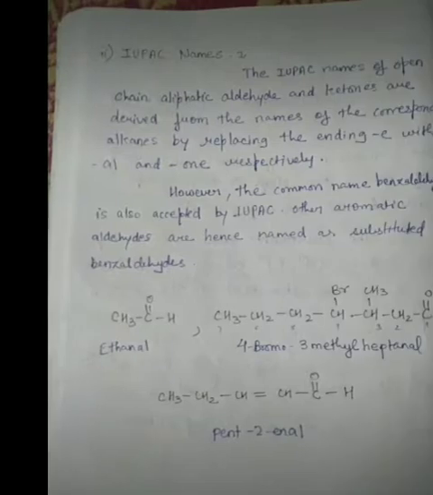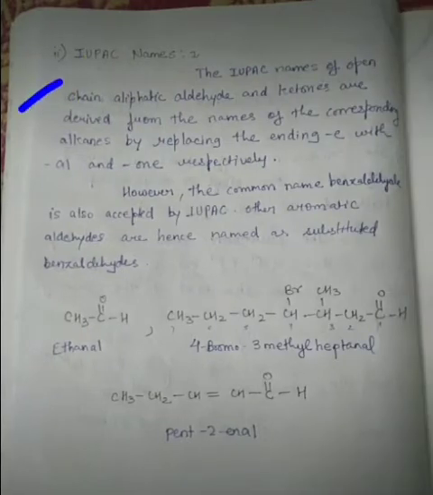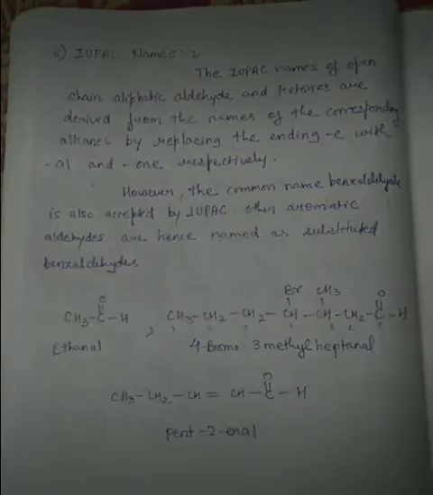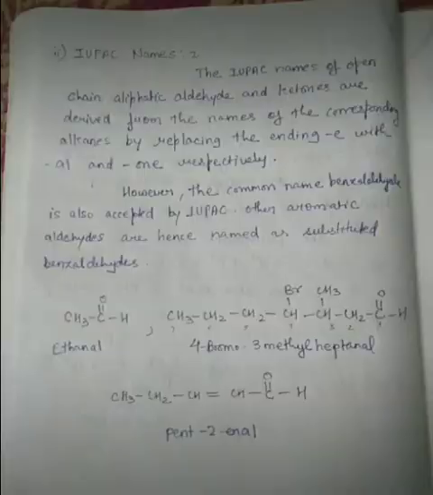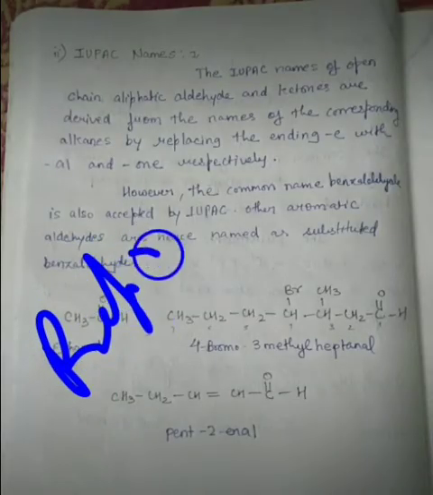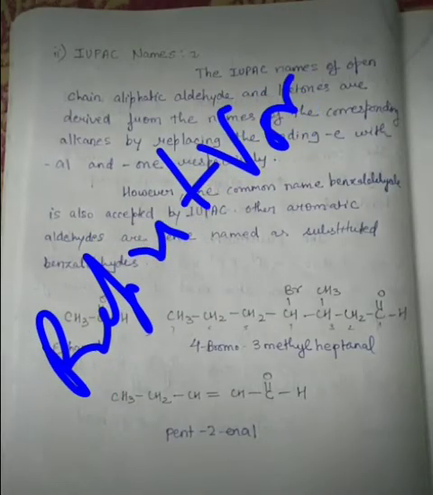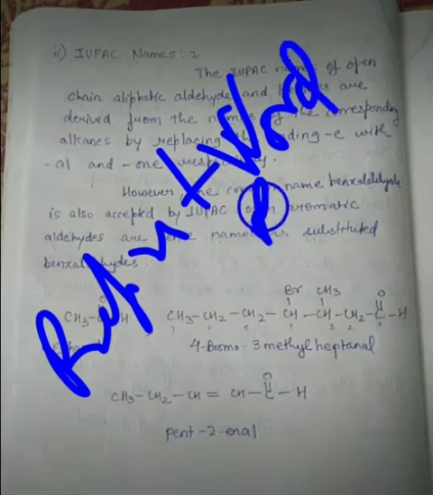Now students, if we are considering the IUPAC name of this compound, then you all know that a systematic nomenclature is used, where the prefix is there, then the word root is written, then the primary suffix is there, and after that the secondary suffix is there.